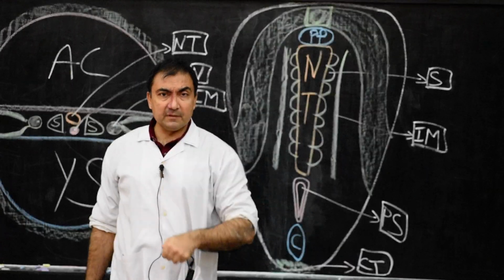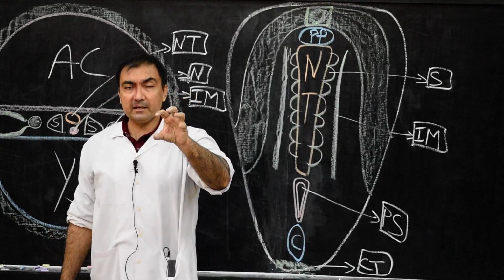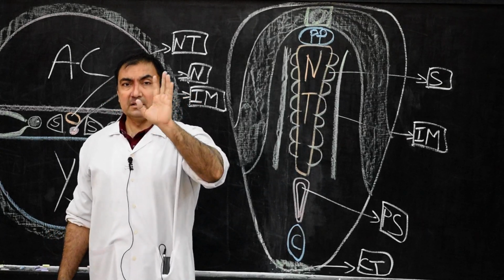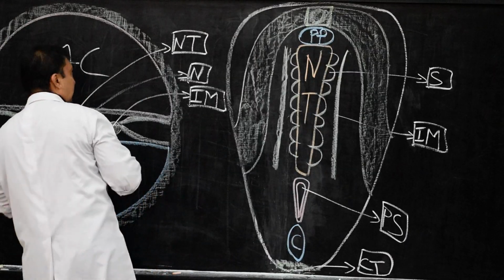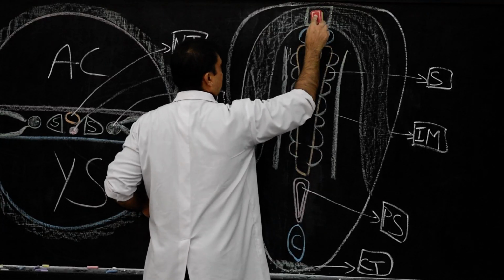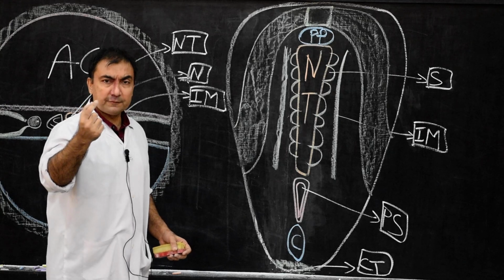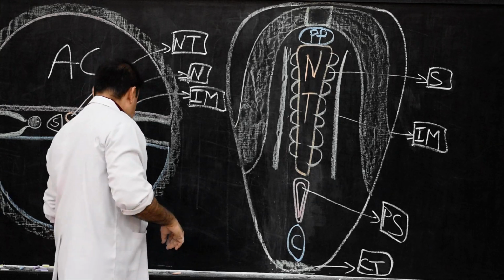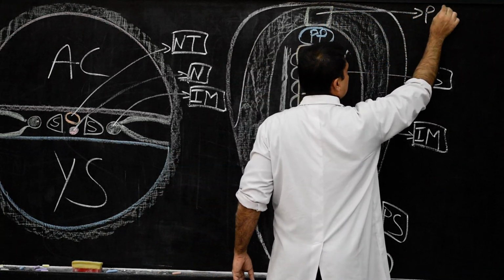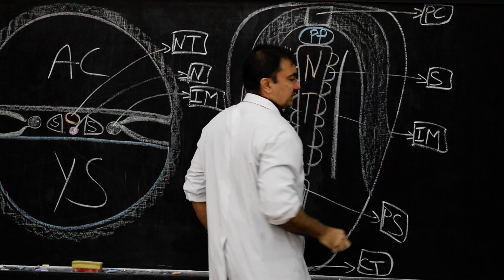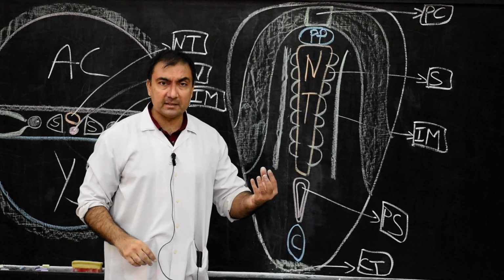The first change that will take place here will be the development of a cavity within the pericardial area that is called the pericardial coelom. So there will be development of a cavity here in the pericardial area. This is the cavity. You can mention this as the pericardial coelom. That is the first cavity, the pericardial cavity, a small cavity in the pericardial area.